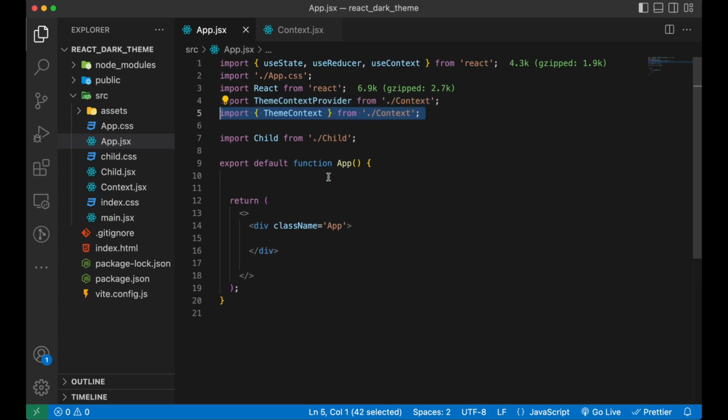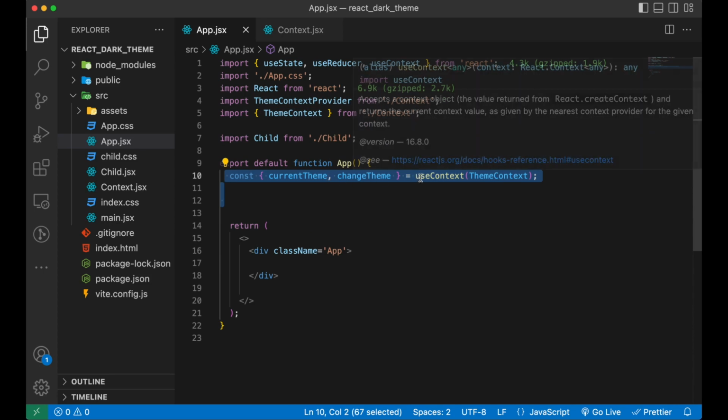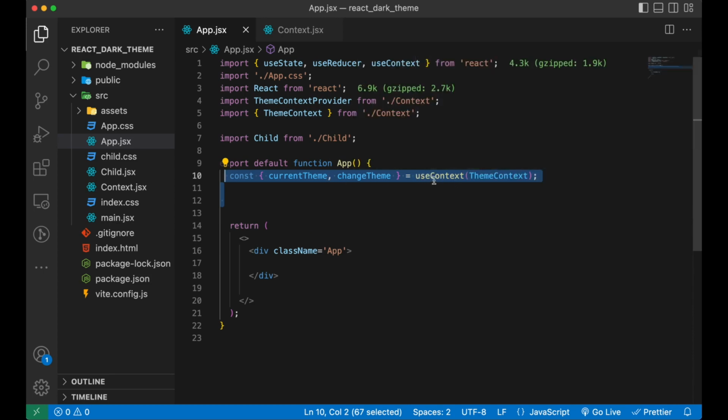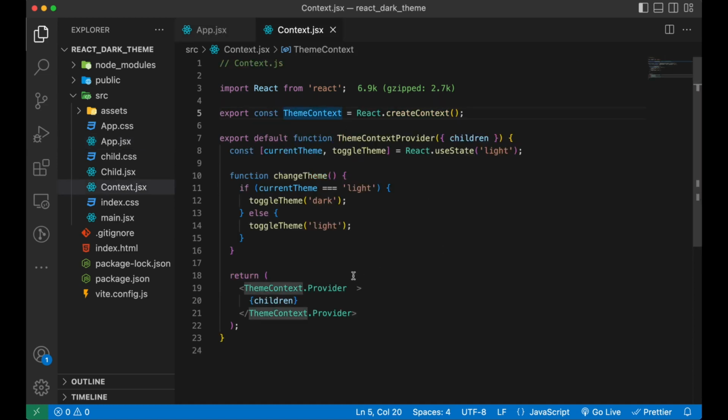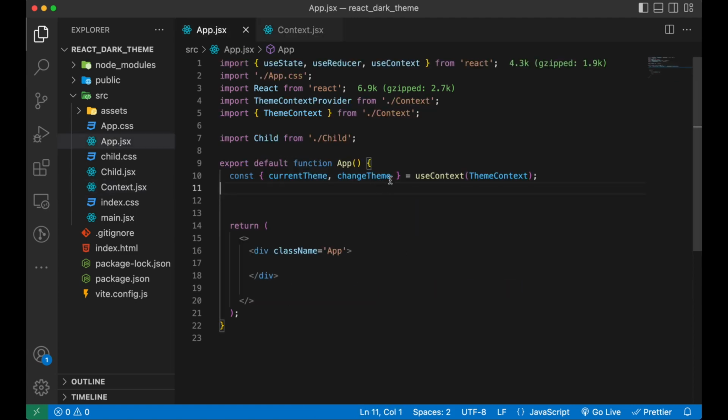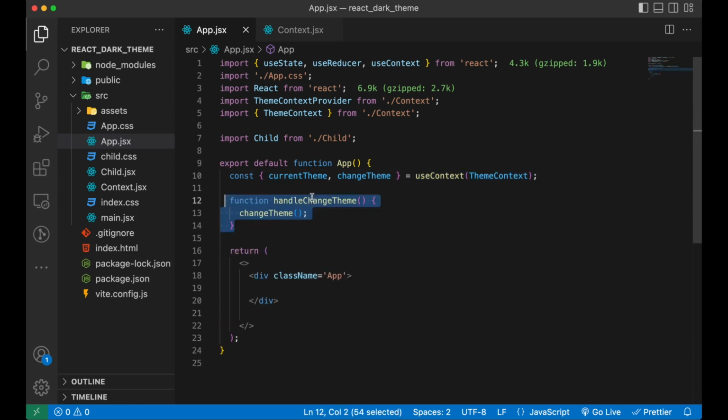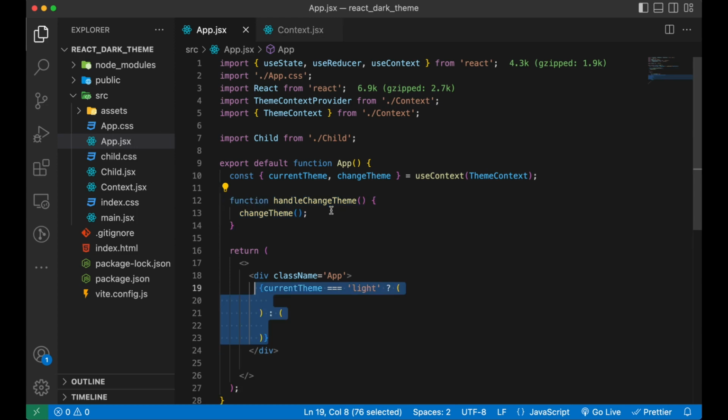And now we will be using the useContext hook to consume this context. Inside the useContext hook you can pass that context, and then you can take out whatever you have provided in the provider. So here you can see whatever you have provided here, these values, the current theme and change theme, we can directly take out by consuming the context. Now we will be creating a function that will basically